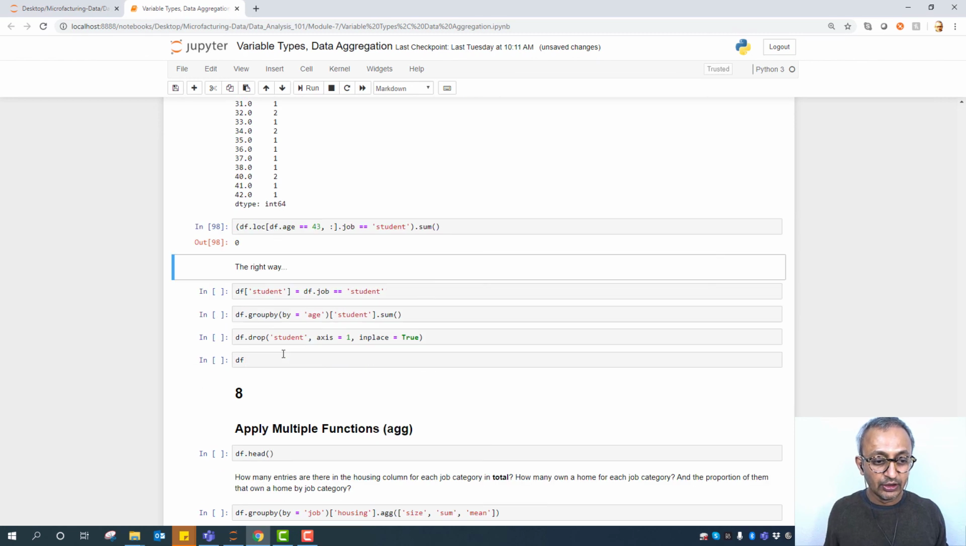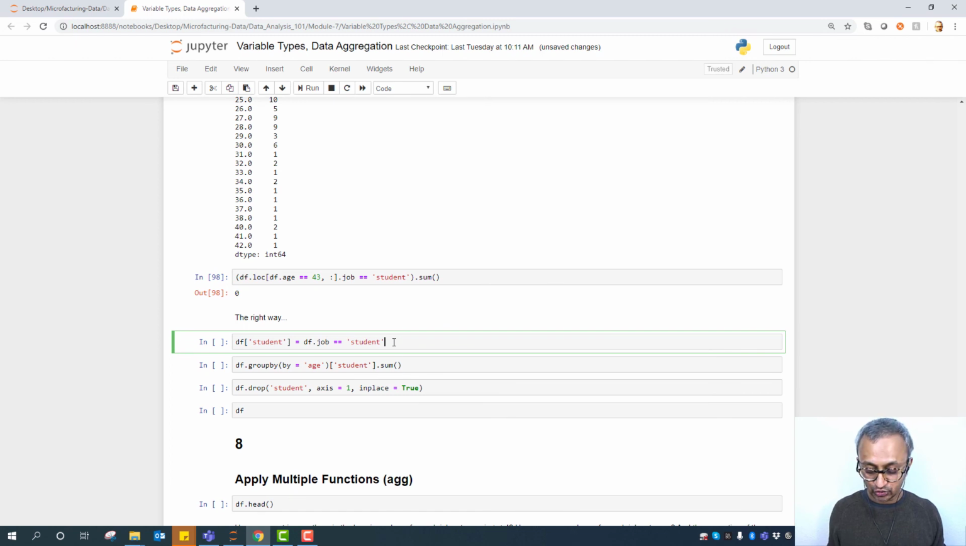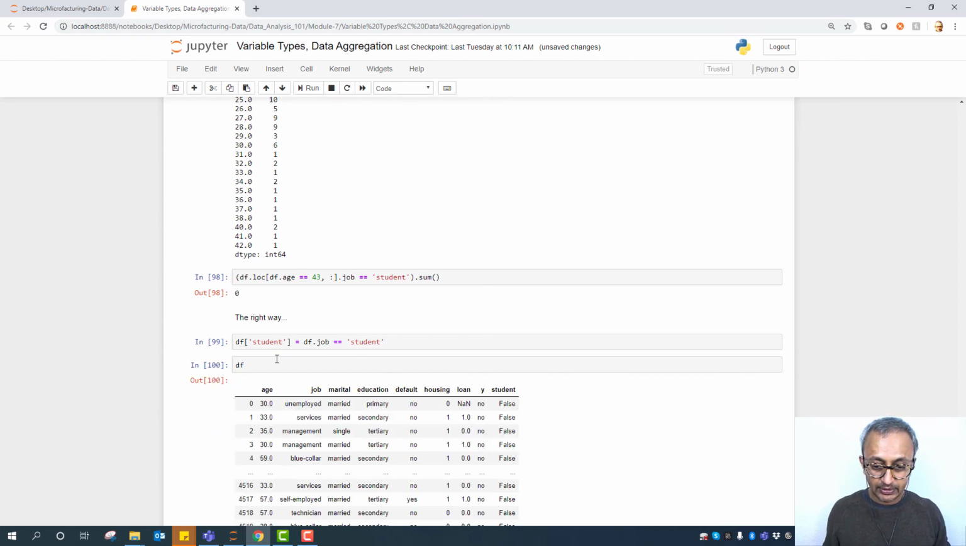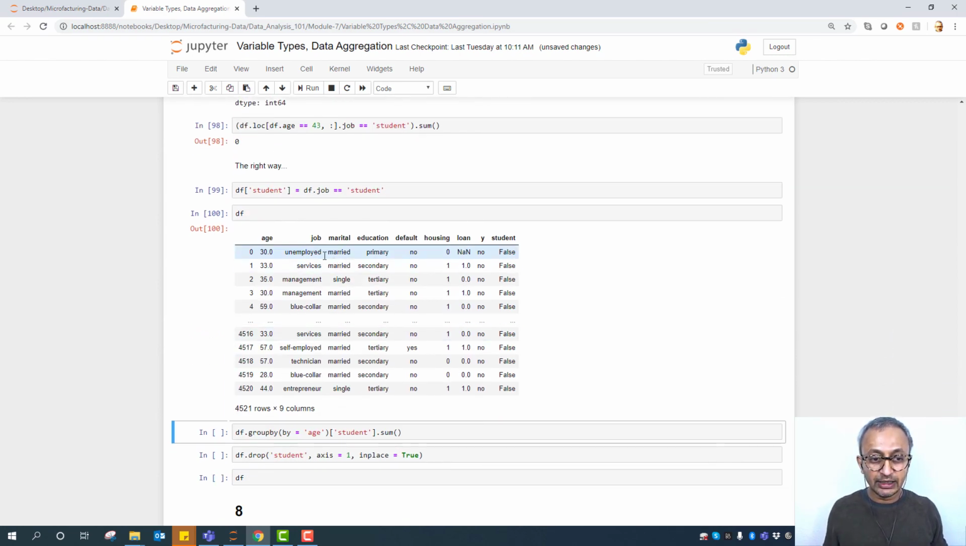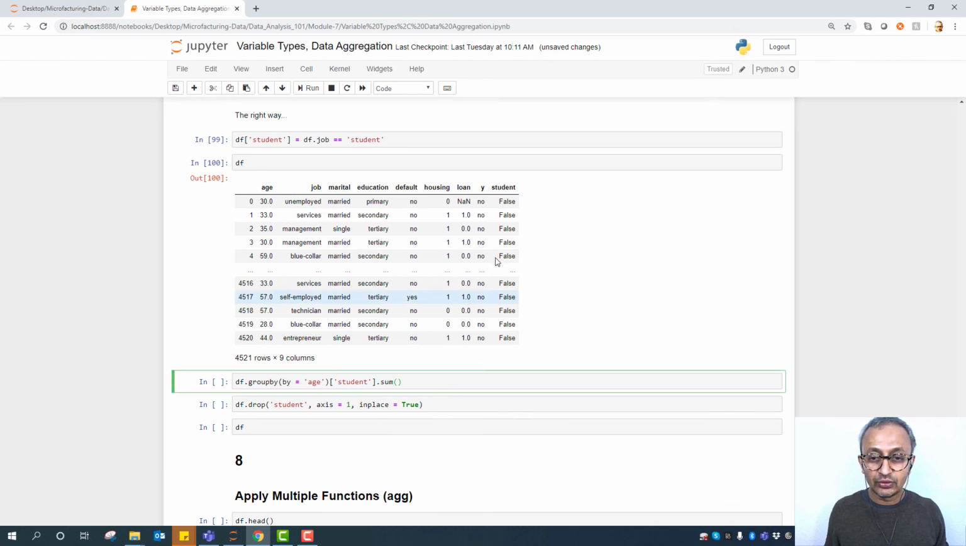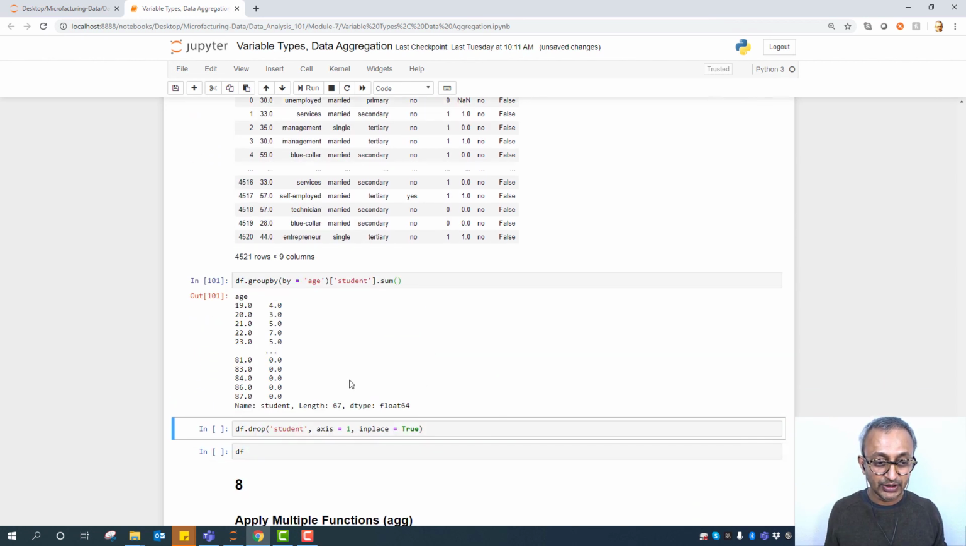So the right way to do that is to create another column where the job equals student. We have created another column, and now wherever this person is a student, the value is true, everywhere else it's false. Now we take the student column by age and estimate the sum, and you will see zeros where appropriate. For example, you don't expect an 81-year-old to be a student, of course, or an 83-year-old, 87-year-old. So you get all the ages instead of just getting